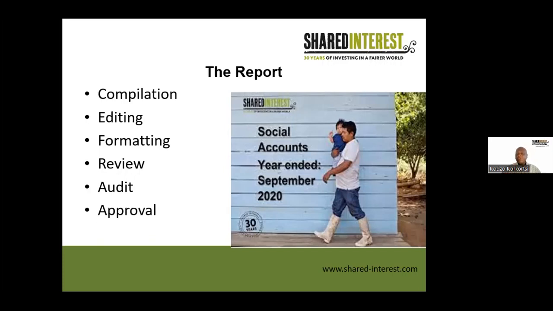The approval is at two levels. First, the report is sent to the board of Shared Interest, who will go through it and be happy that the report is a true representation of what we do as an organization, and assent to it, that yes, it is fine, the report can move to the next level of approval, which is the AGM. At the AGM, the report is presented to the entire house, and if they are happy with the report, then the final approval is voted on, and once we receive the approval, then we can move to the final stage, which is the publication of the document.